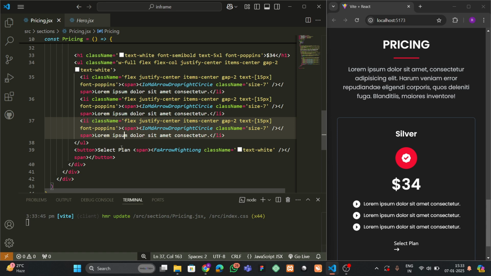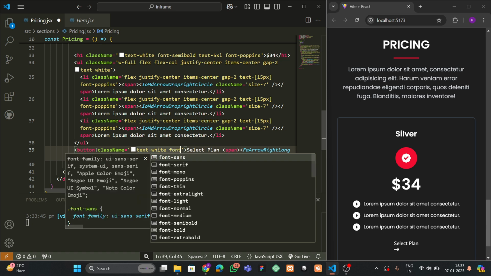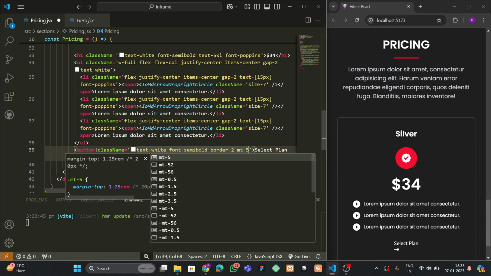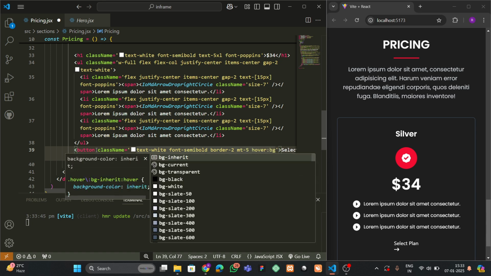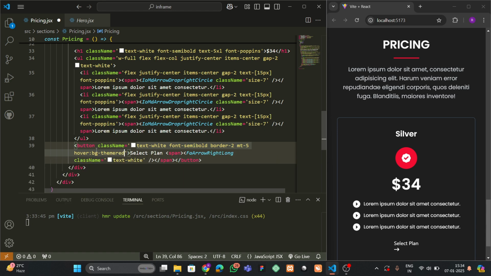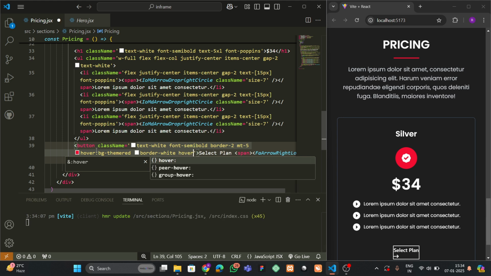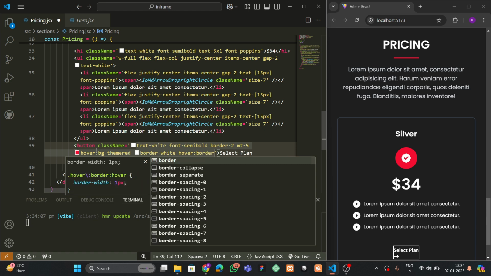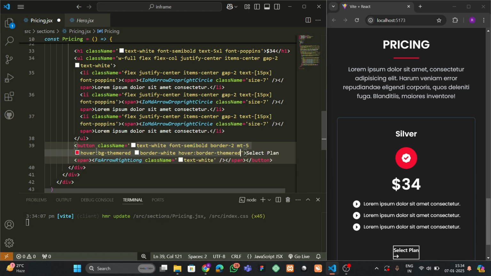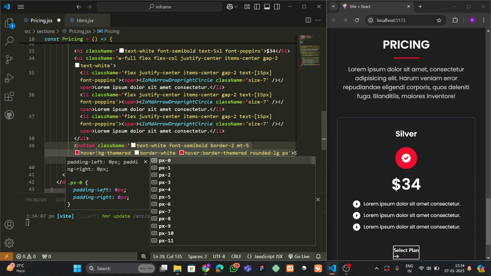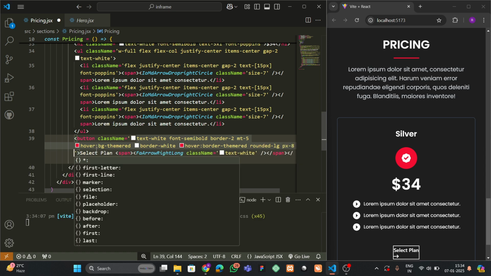text white, and inside this button we can add text white, font semi bold, border 2, empty would be 5, and on hover BG theme red, border white. Okay, and hover, border theme red, rounded LG, and px would be 8, py would be 2,